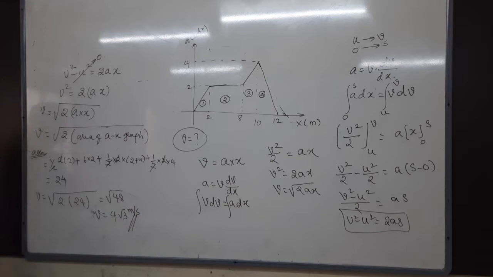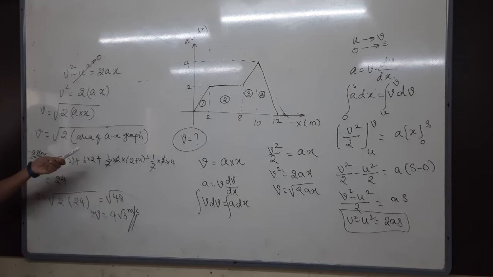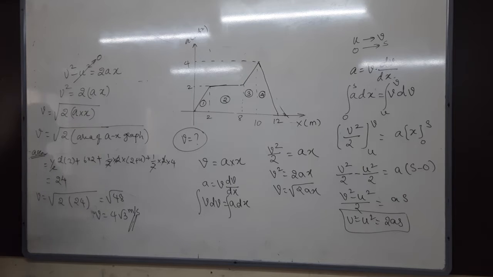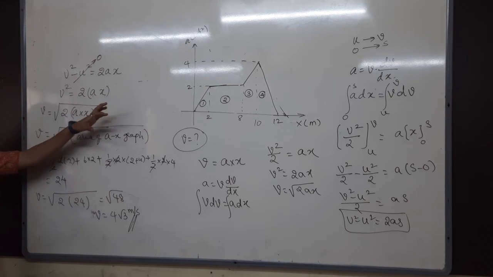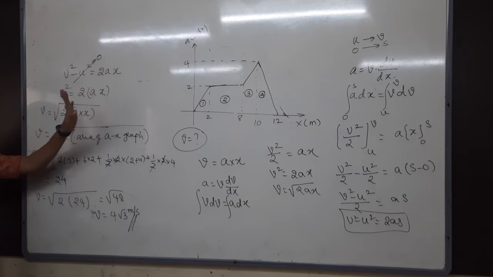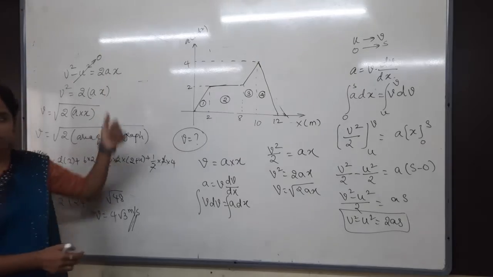See, this is a difficult level problem. More than this it cannot be done. You cannot get more difficulty than this. Why? Because you have to make your own function. You cannot say it just by seeing the graph. Whenever they give a v-t graph, you have to find the acceleration, just v by t, or you can do the slope. But here you cannot tell, you have to do some calculation from this graph. So this is a difficult level problem. You can follow either approach; obviously, from this integration only we are getting this one.